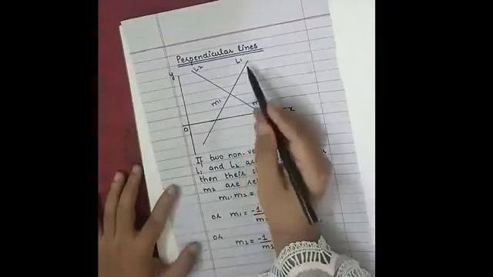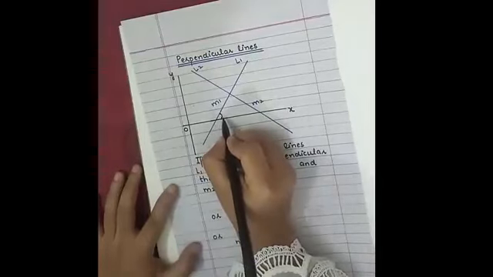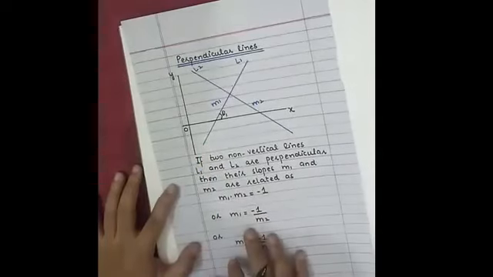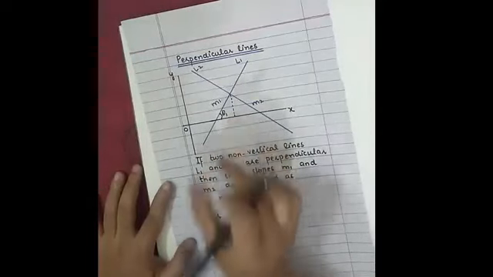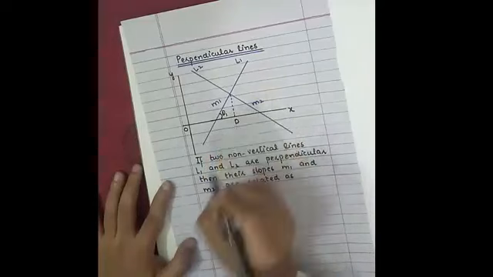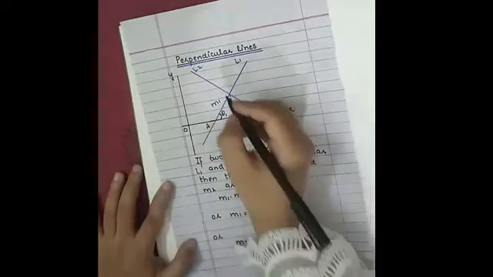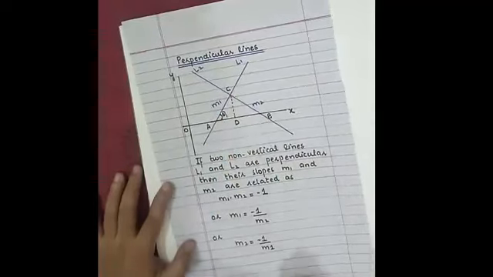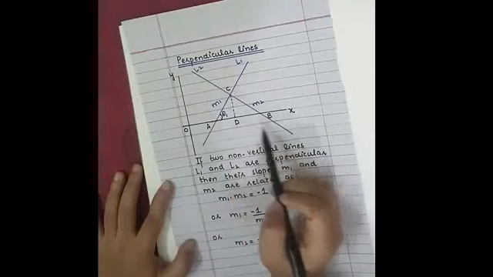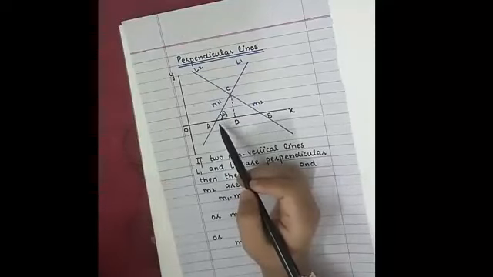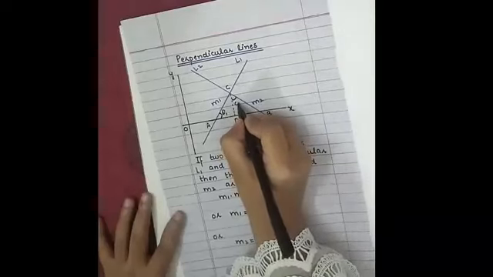See, this is slope M1 of the line L1. So its angle of inclination must be θ1. Draw a perpendicular like this and name this figure. This is D, this is A, this is point B, and this is point C. Now since ACD is similar to CDB, alpha 1 will also be the upper angle in CDB. So this will also be θ1.